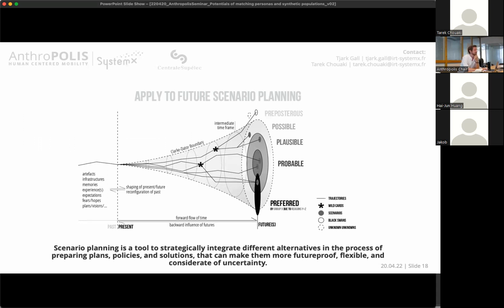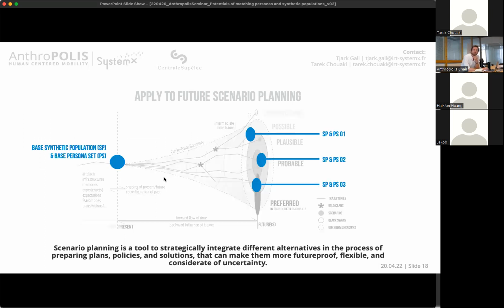Then, as Flore mentioned already before, we're also trying to work in the direction of the future, to see how different urban mobility scenarios might look. And what we are using a lot there is scenario planning. What we are at currently is here on the left side, and the further we go, the more different possibilities there are. It's not the core of the discussion today, but on the synthetic population and the personas, what we talked about so far was the present.